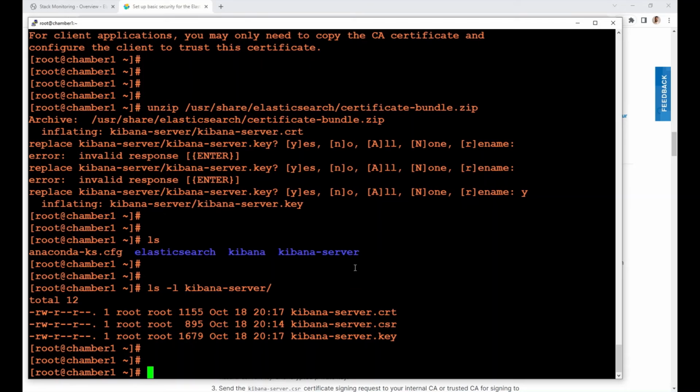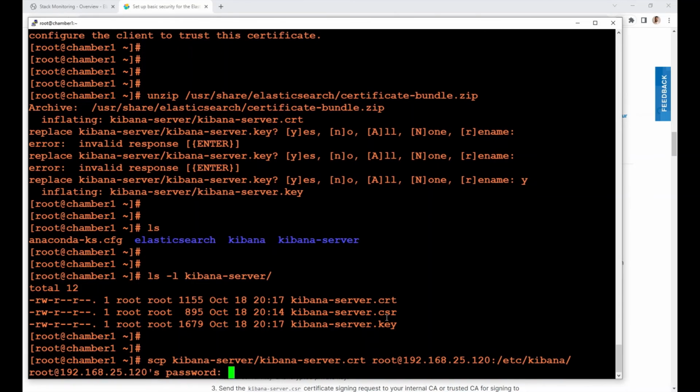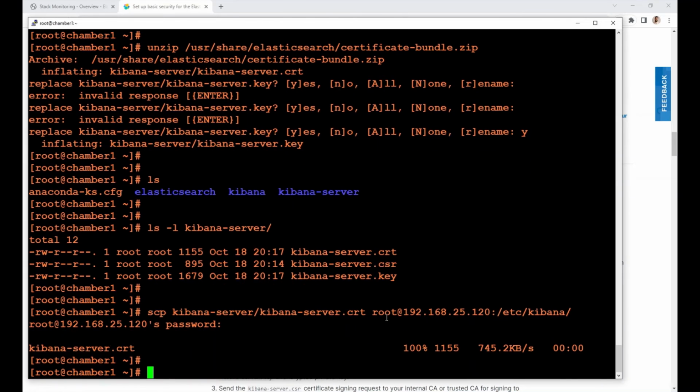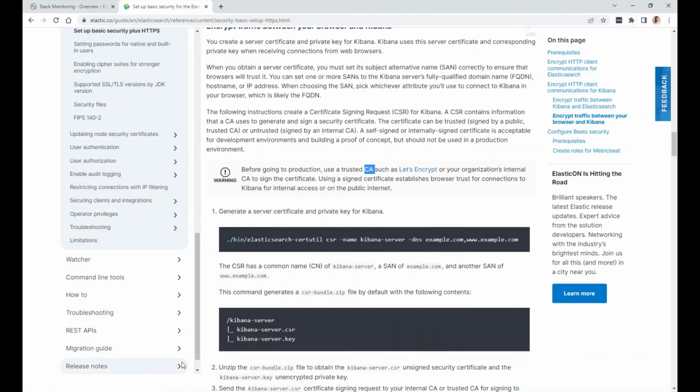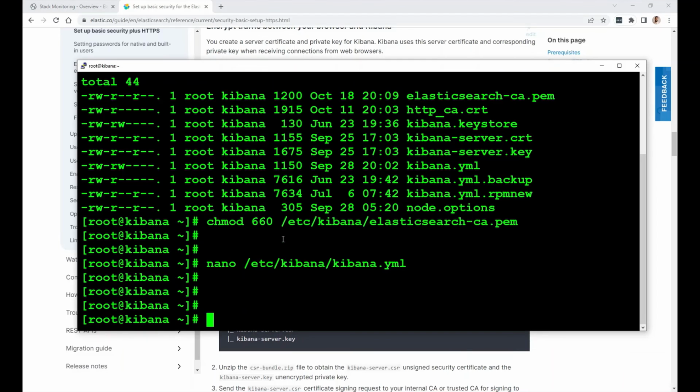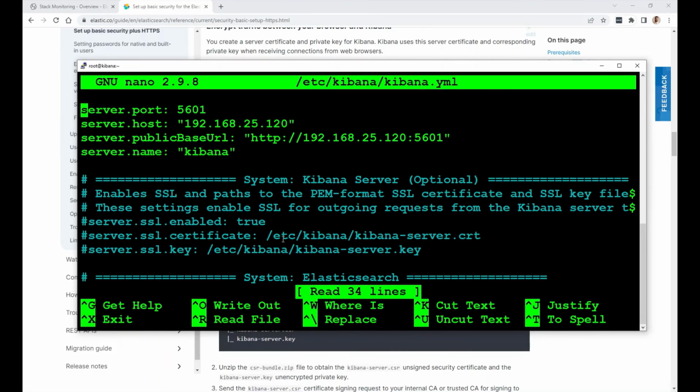And the way to do that is, first of all, I need to copy this to Kibana to edit the Kibana YAML file. So I'm going to move the CRT file, the certificate, or securely copy it to the Kibana instance. I'm going to put it in the configuration directory. I'm going to bring the Kibana machine here, go to the Kibana YAML file,